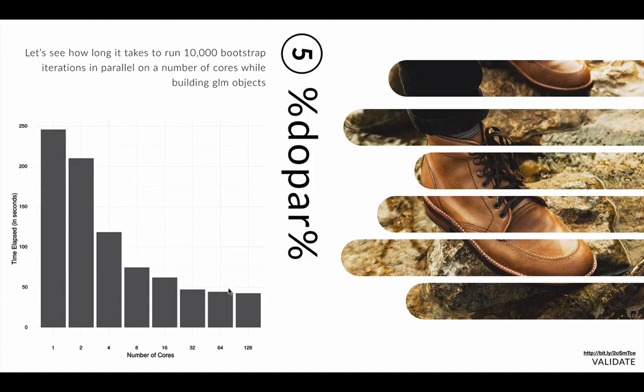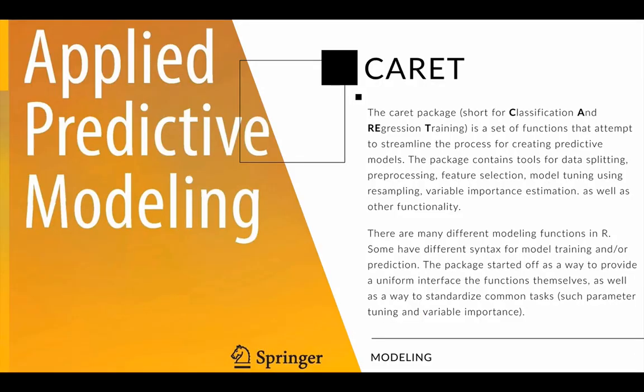It's possible that for you, this delta is really, really meaningful, but it's possible that for you, this delta is not the most meaningful. However, it's good to note that it seems that the parallel foreach loop does scale pretty well. The caret package, highlighted in Kjell Johnson's and Max Kuhn's Applied Predictive Modeling, short for classification and regression training,